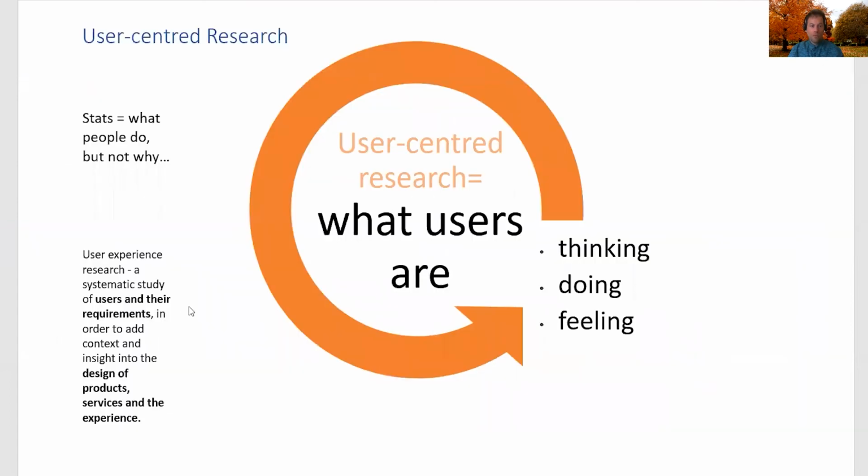So if we think about user experience research, also known as user-centered research, it is a study of the users so you can develop a design of product, service, and experience that's suited to them. To do so, you need to think about three things. You need to research what the users are thinking, doing, and feeling. These are three elements. There's also a fourth element. Today I'm focusing on three elements. If you don't do any of these, you will not get the complete knowledge of your users.